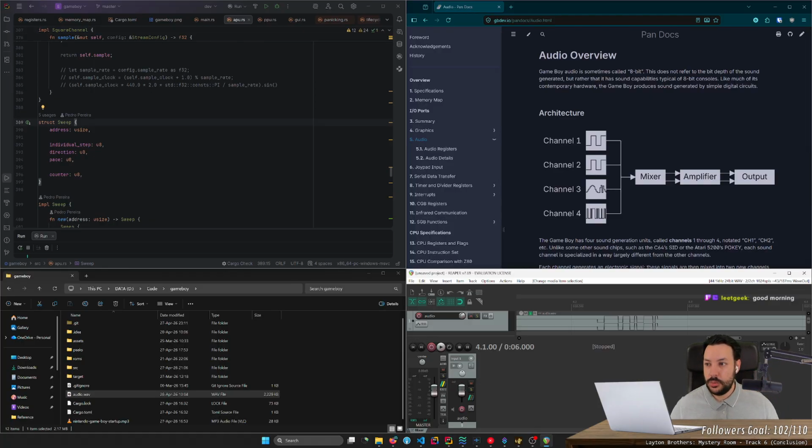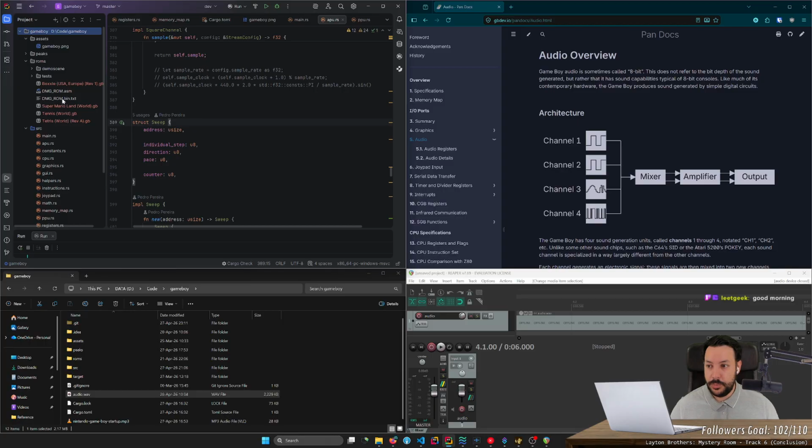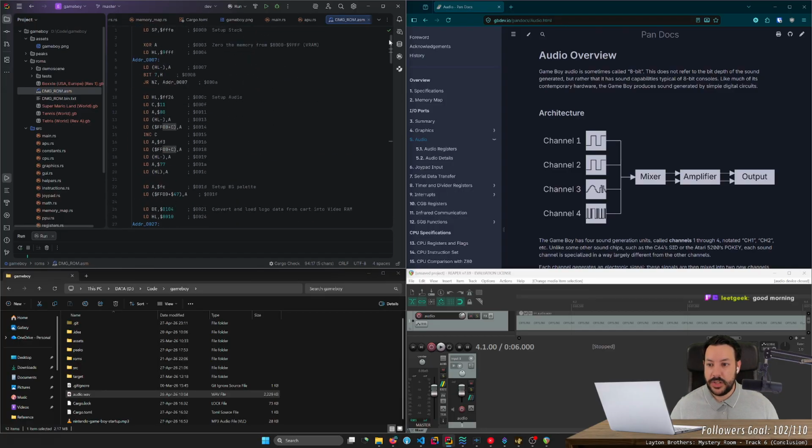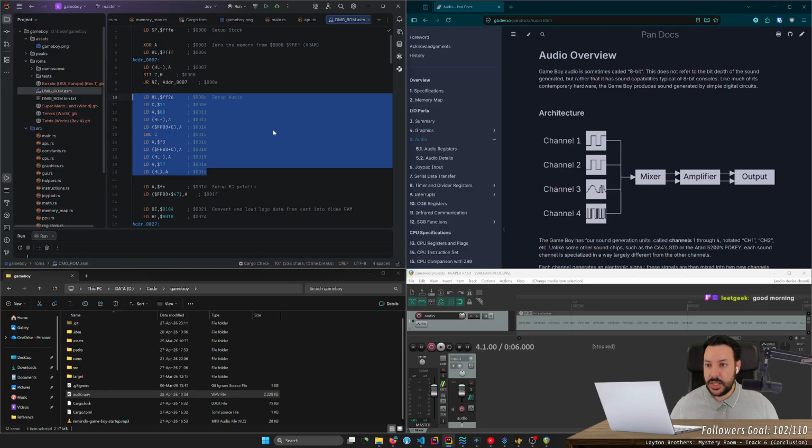But I think what we could try is to confirm what the boot ROM is actually doing in terms of assembly, what values it is writing to the audio registers, and at least create a mental picture of what's supposed to happen. I already know that at startup we are setting up audio this way.